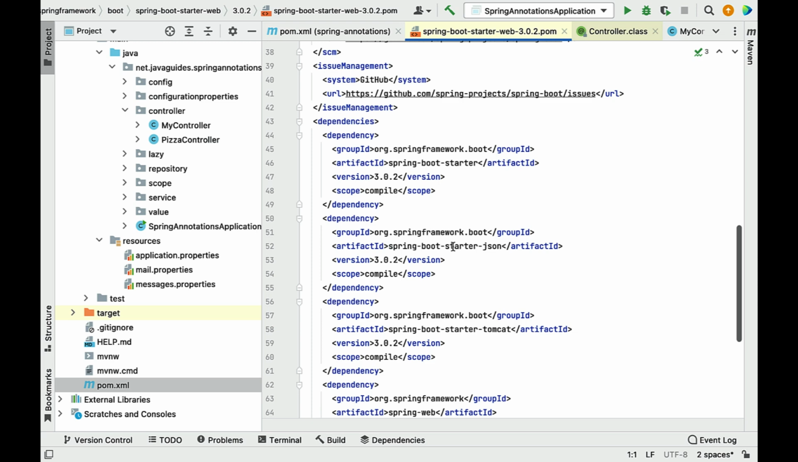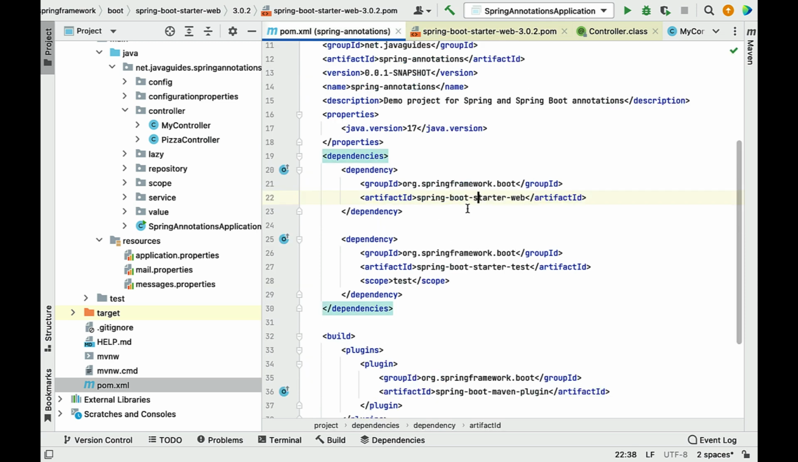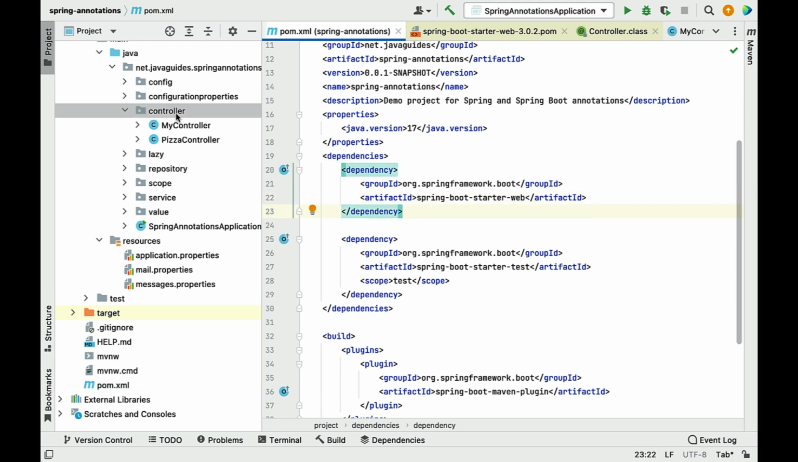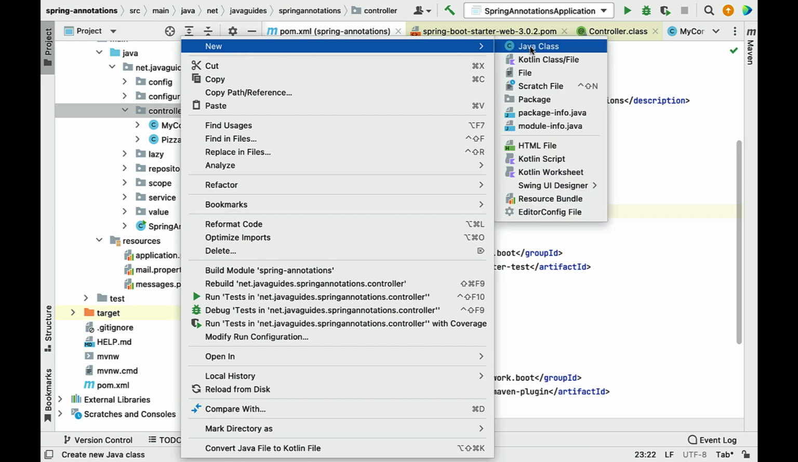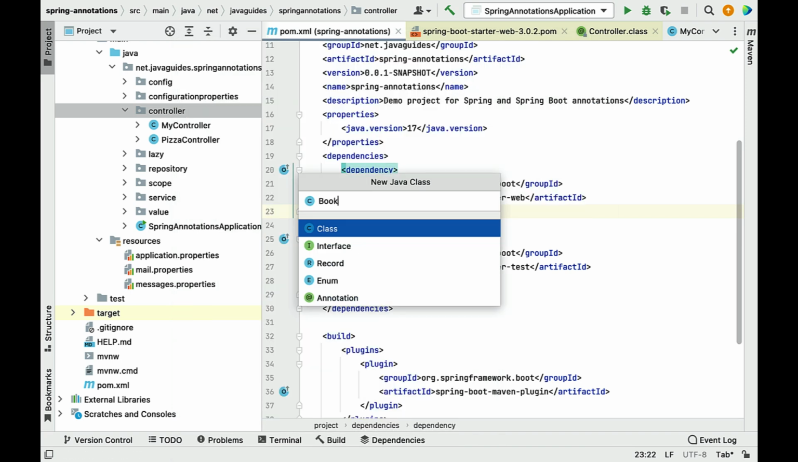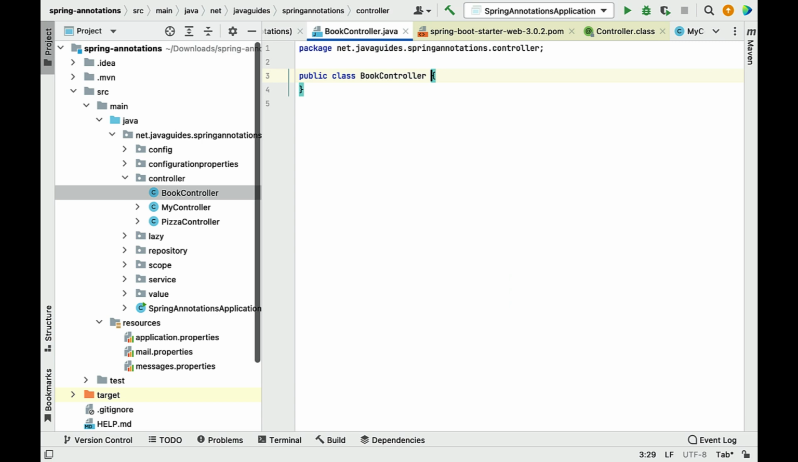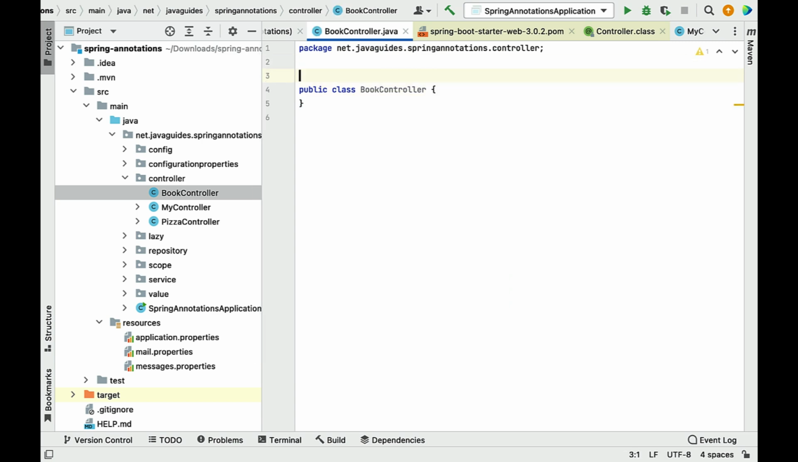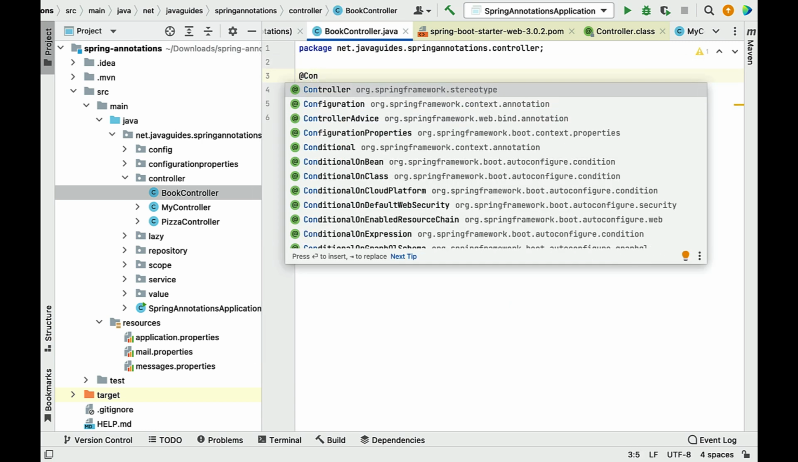Also, this dependency internally includes all the required JSON libraries. Alright, so just remember, whenever you want to develop REST APIs or Spring MVC based applications, you can go ahead and use this Spring Boot Starter Web dependency. Alright, perfect. Next, go to the controller package. Within the controller package, let's create a class. Let's give the name BookController. Next, let us annotate this BookController class with the @Controller annotation, and make sure that you choose the @Controller annotation from